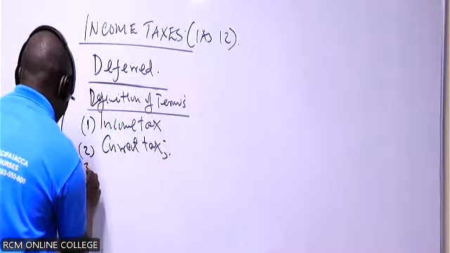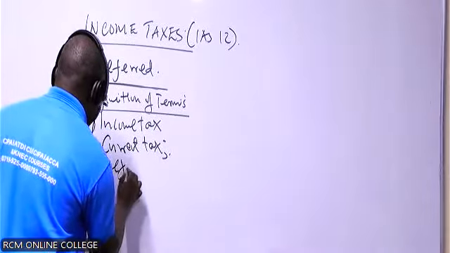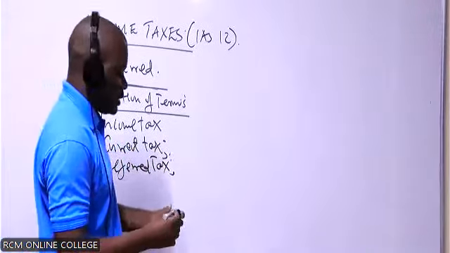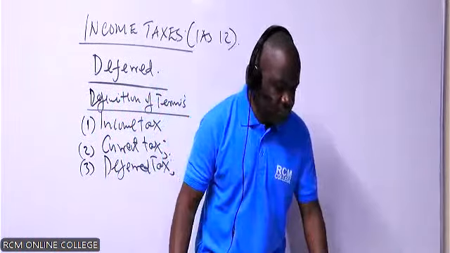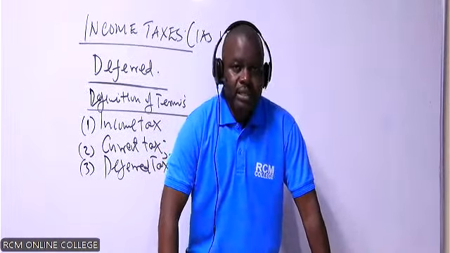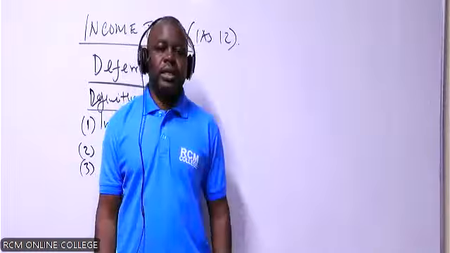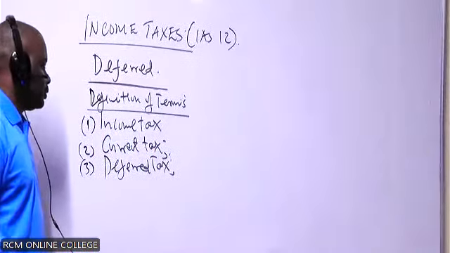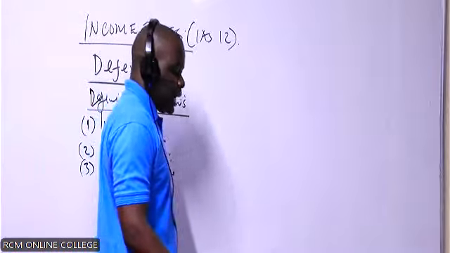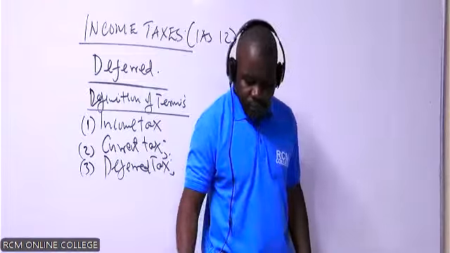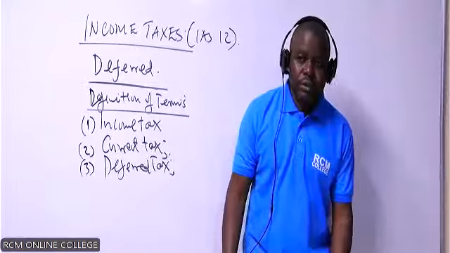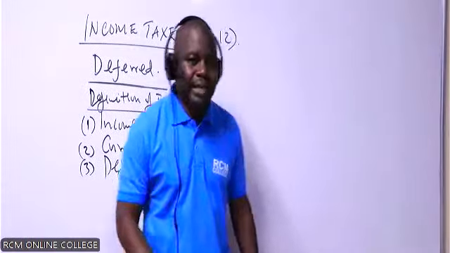Then you write the next term, number 3, deferred tax. You write this about deferred tax. It is tax payable in future, which arises as a result of